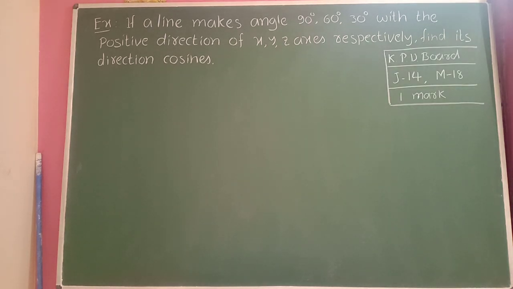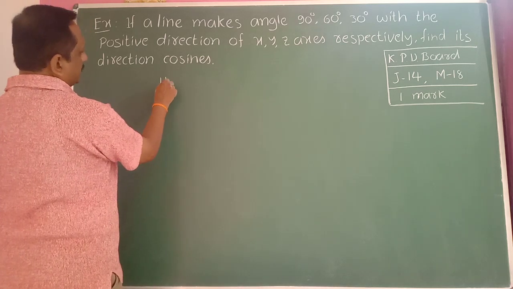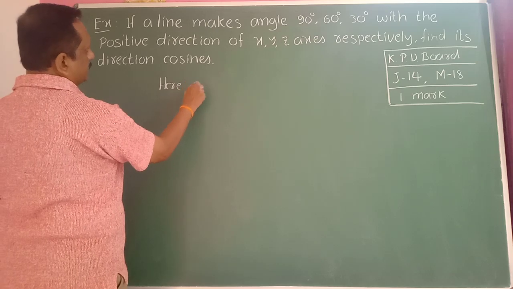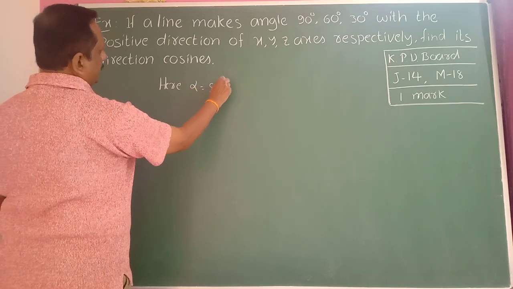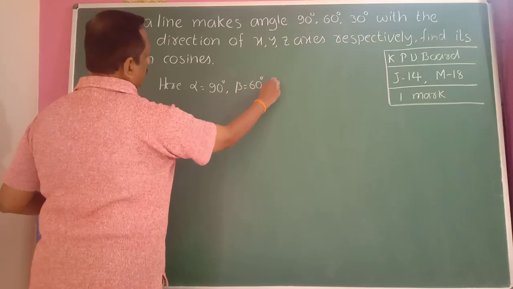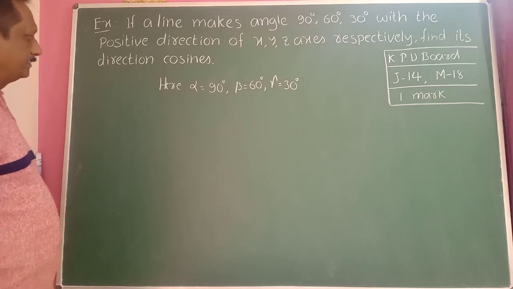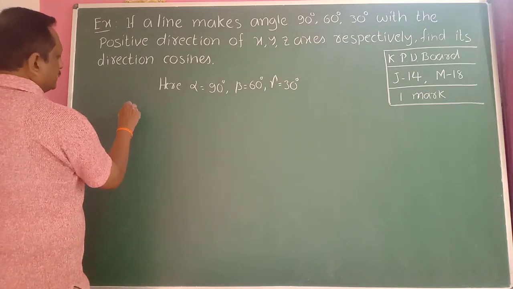If a line makes angles 90 degree, 60 degree, 30 degree with the positive direction of x, y, z axis respectively, find its direction cosines. Here they have given direction angles: alpha is equal to 90 degree, beta is equal to 60 degree, and gamma is equal to 30 degree. These are direction angles. Therefore, direction cosines are